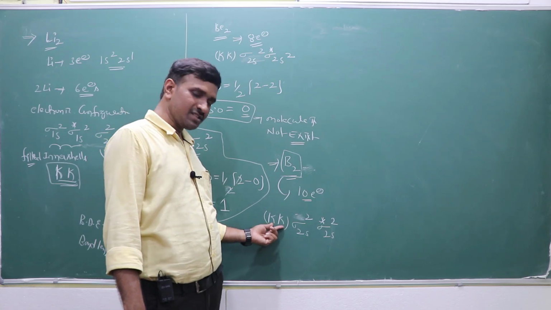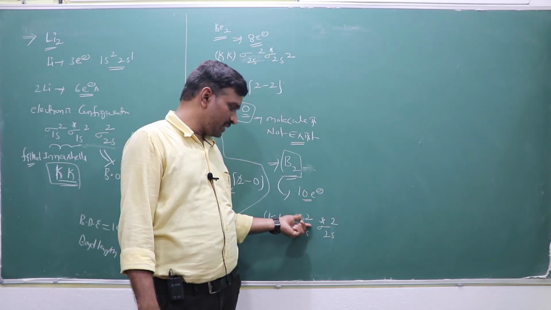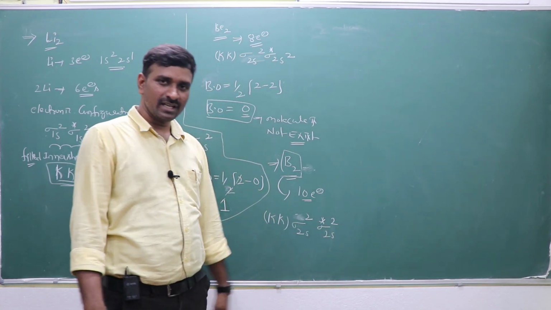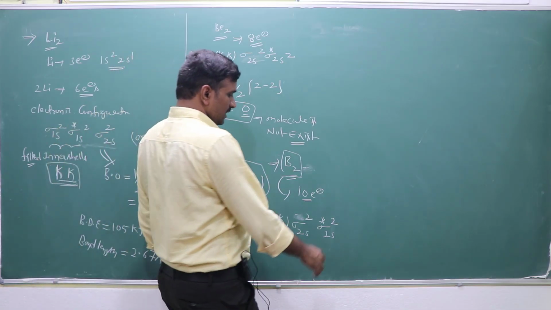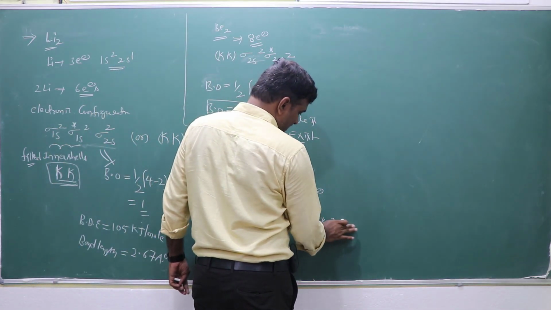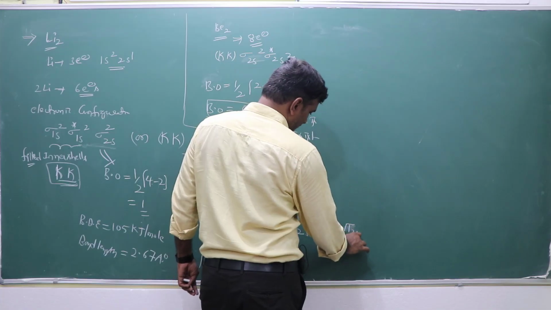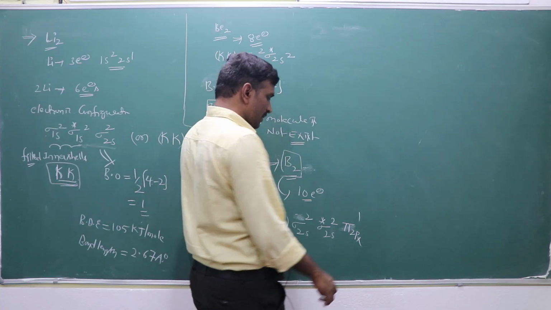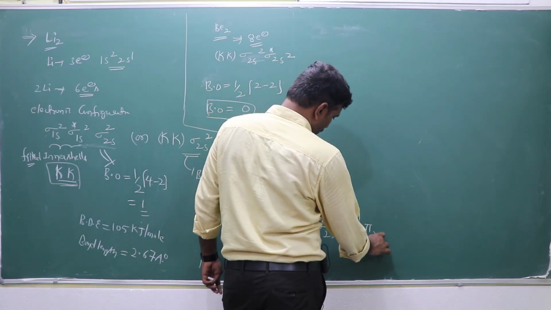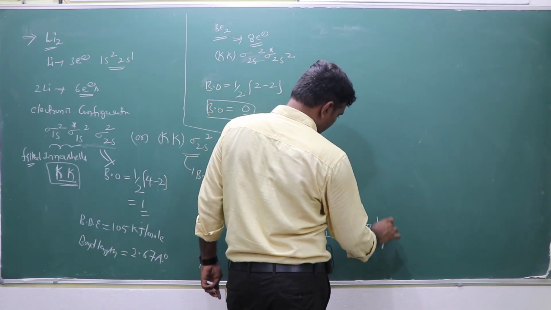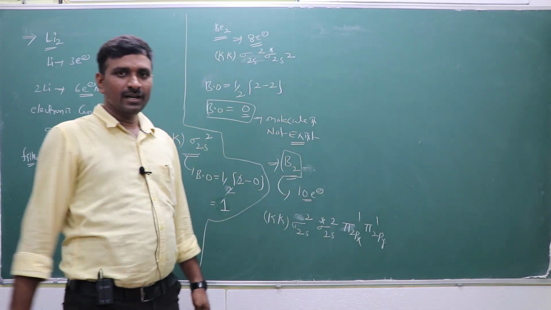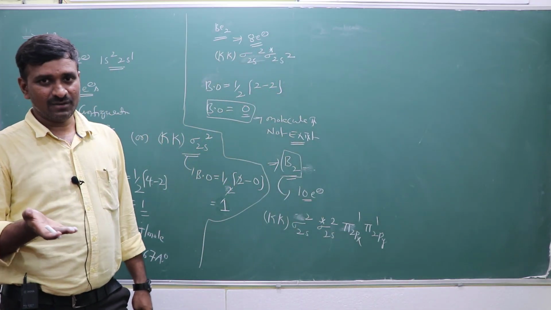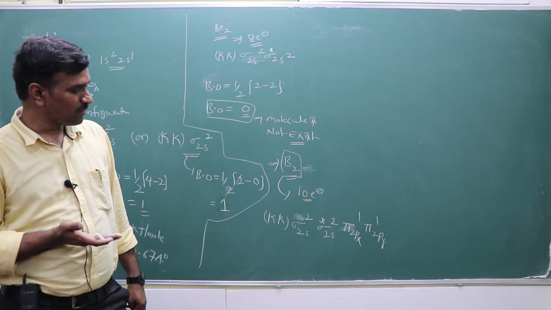This is σ1s², σ*1s², and σ2s², σ*2s². Eight electrons are completed. Another 2 electrons are there. These 2 electrons are present in the degenerate π levels, π2px¹ and π2py¹. I mentioned at the very beginning, if there are 2 degenerate energy levels, 2 degenerate molecular orbitals,